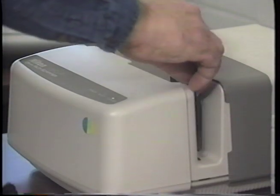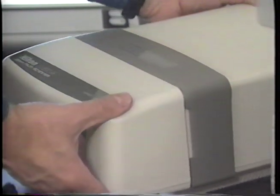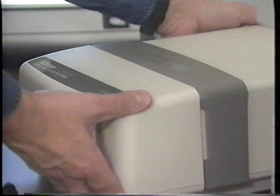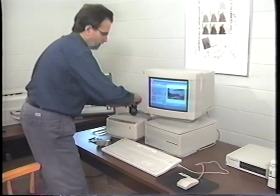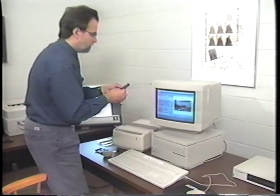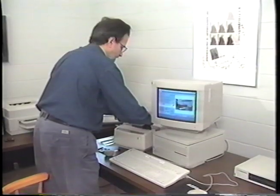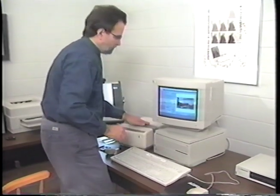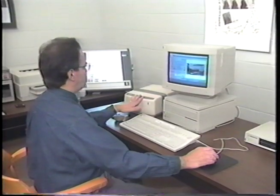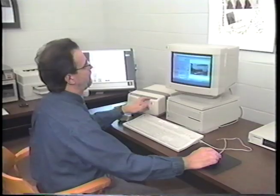scanner. Now, when I load the scanner, let me first of all show you the size of it. Physically, it's about the size of two shoe boxes next to one another. And when I load the gate, I have to make sure that the film is in the right position so it can scan back and forth. It's a very simple procedure. Now, I have the film loaded. I can see the power is on, the scanner is not busy, and I'm going to go in and make